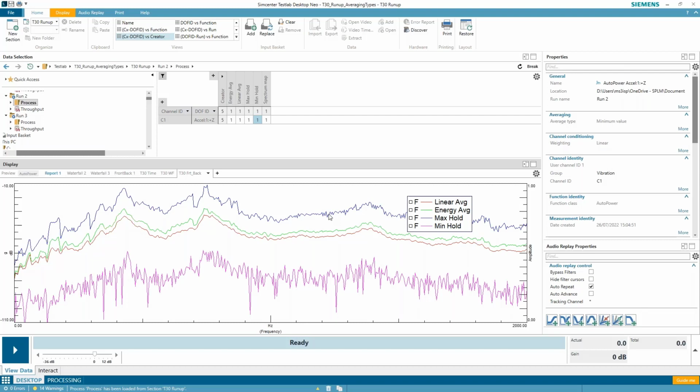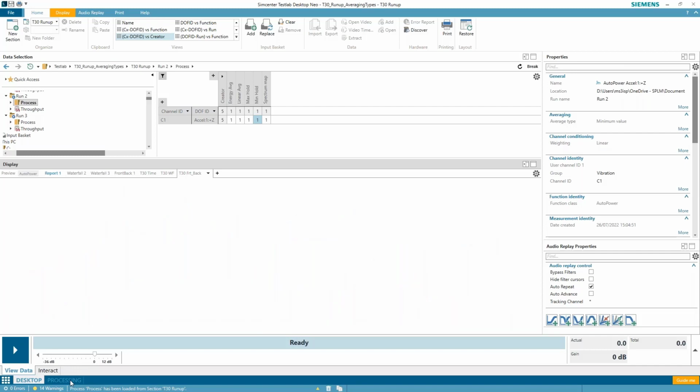Again, depending on your usage, energy or linear, both are maybe appropriate. In this case, I tend to like the energy average just because I want to sort of penalize those higher amplitudes more than just count them, because those are more of a problem for me than just counting them the same as every other amplitude like the linear average does. That's those average types.